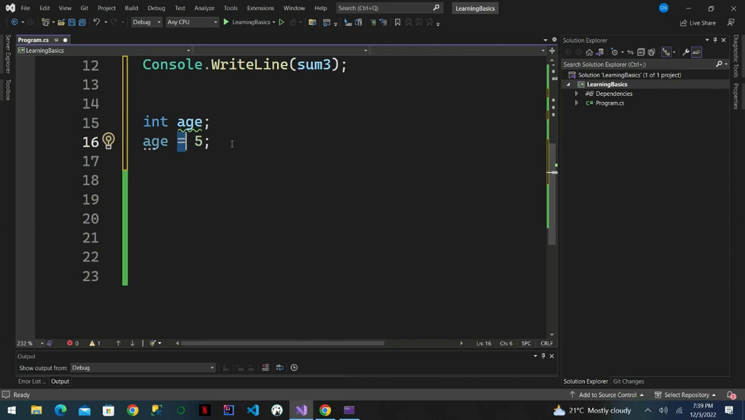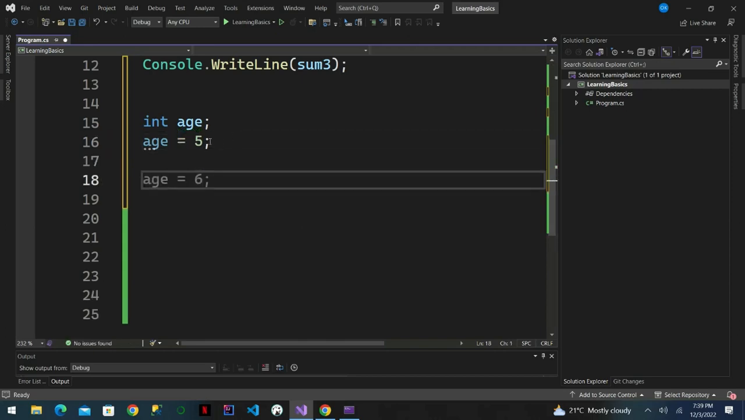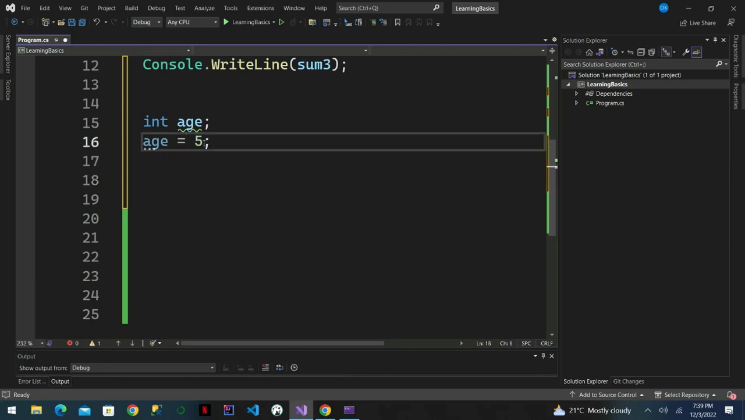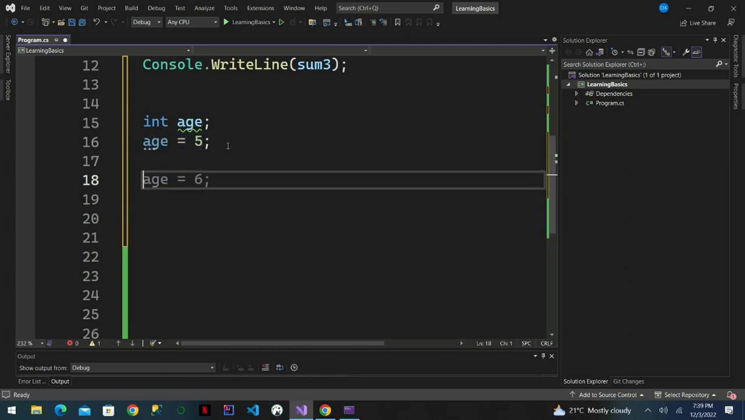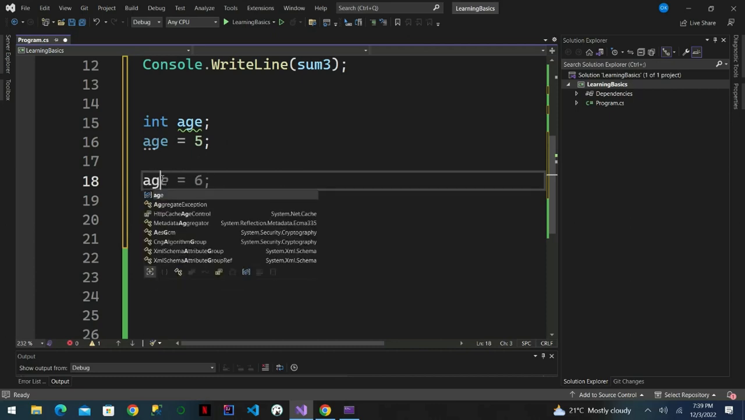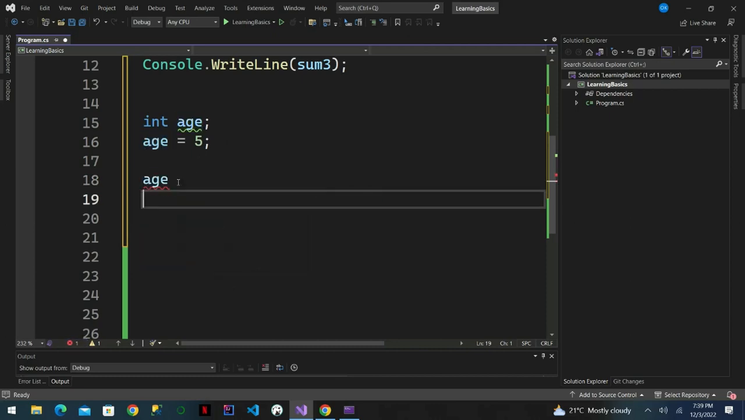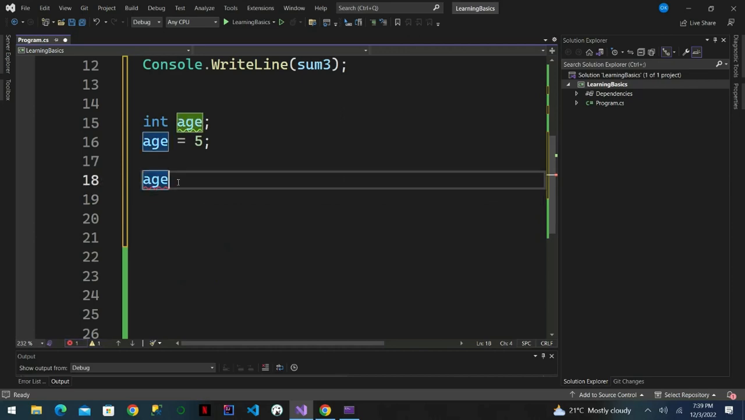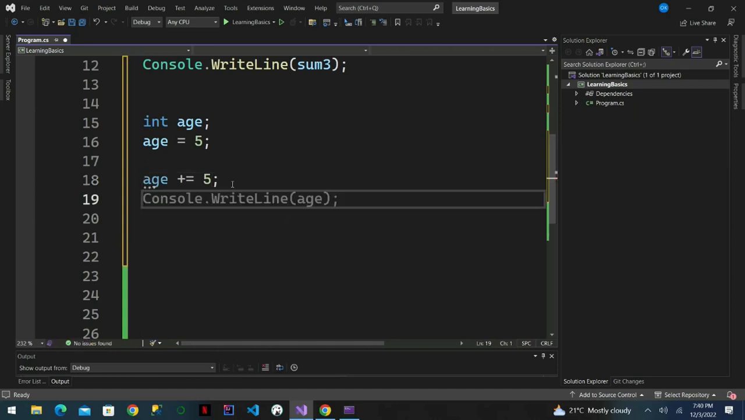Then we have the compound assignment. If I want to add 1 to the age of 5 to make it 6, what I can do is take age, then plus equal, equal to 5. So if I just run console age,